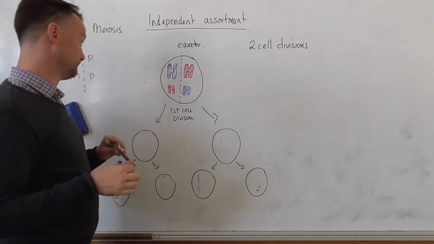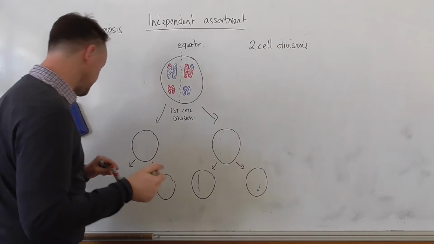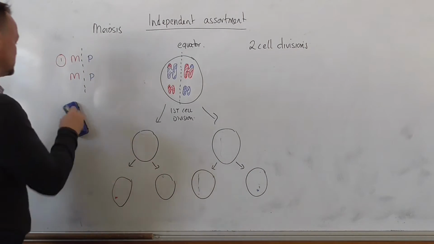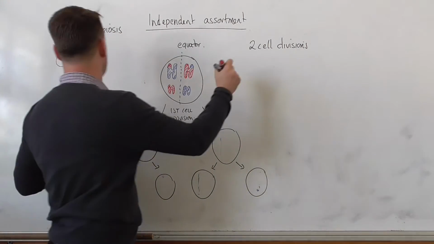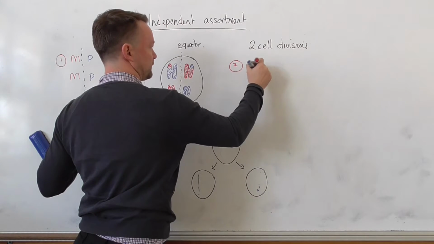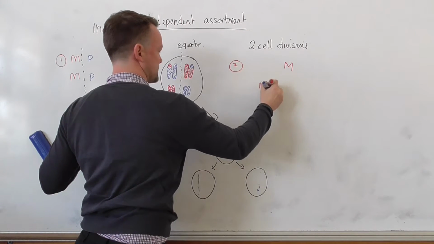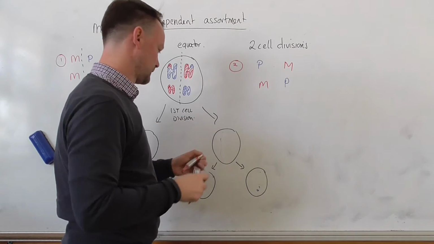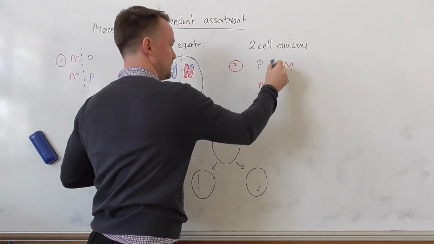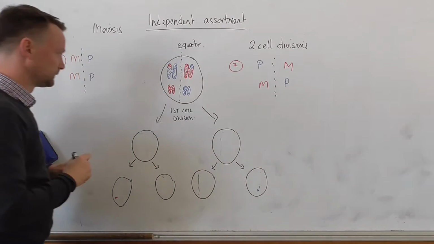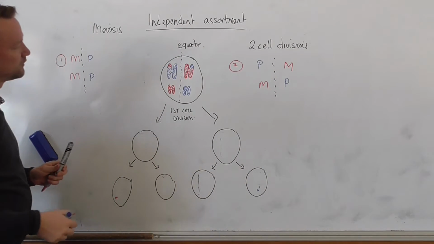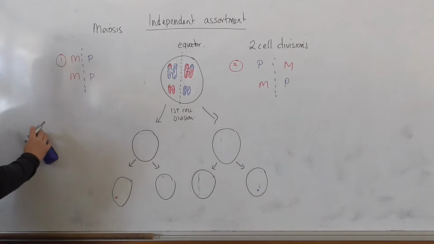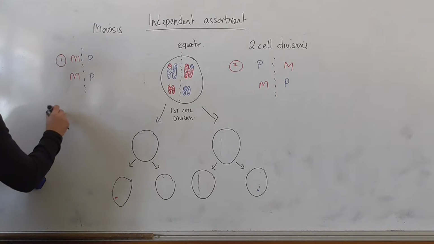It's completely random to create variation. So in scenario 2, you've got maternal, paternal, there's your equator, and what you end up with here, on this side,